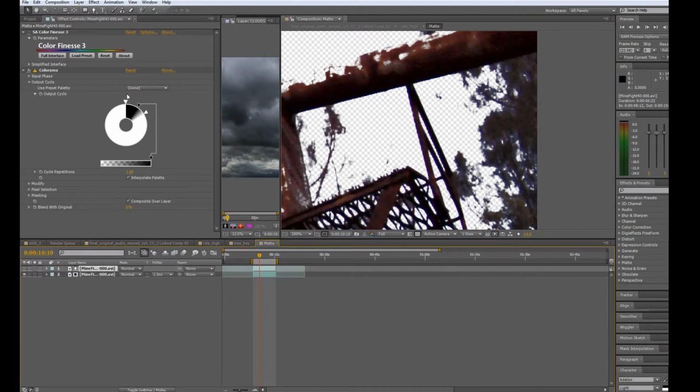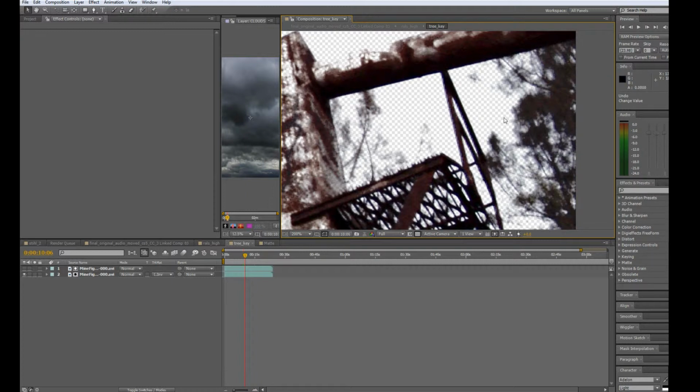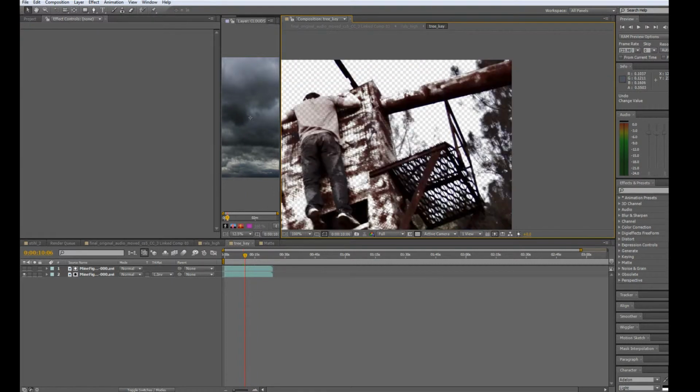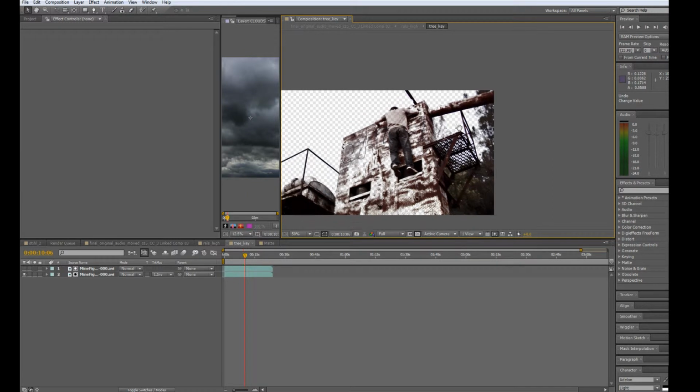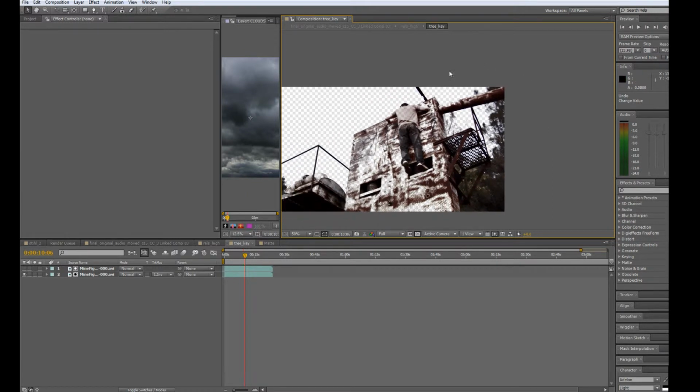And now I can adjust so that I get rid of most of that blue right there. But at the same time, since we're going to have kind of a dark blue background, which is the sky, it's going to fit pretty well. So you can adjust it however you like when you're working on your project. I did it so that the leaves were a bit opaque. As you can see, it's kind of see-through the trees, but it's going to work out when I put the background in there. So now I've keyed out this sky in this section here. It's looking pretty good. So I'm going to go back to my original